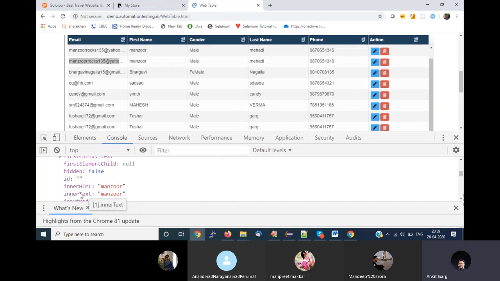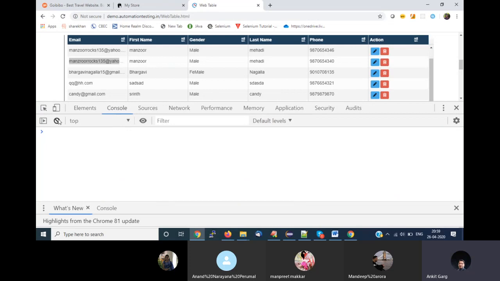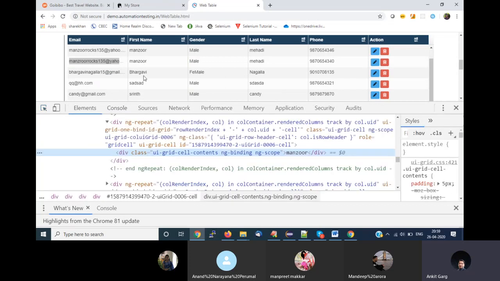Right? I'm getting the value in the inner text. Clear till this point? Then I'll come to how basically I'm finding the XPaths. That's important here. Let's come from starting. Let's say you want to fetch the value of first name from your web table. Let's assume from any one of the rows, right?